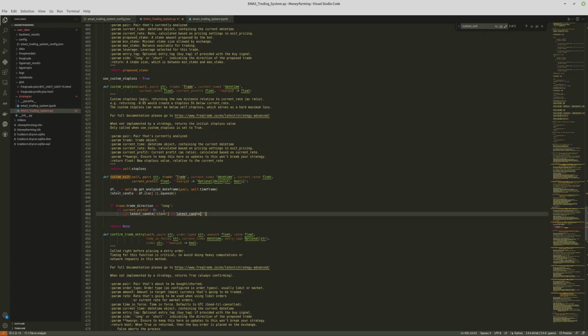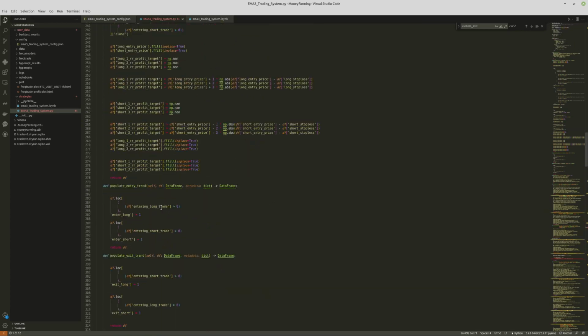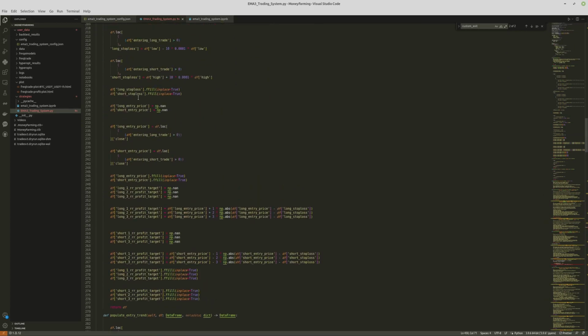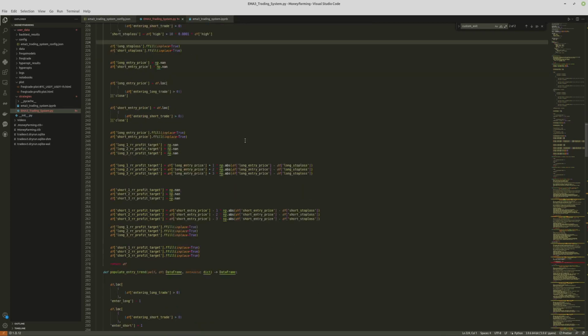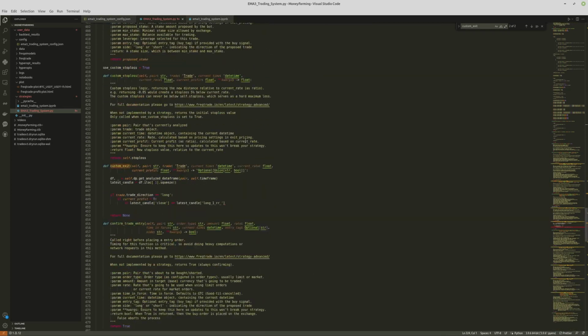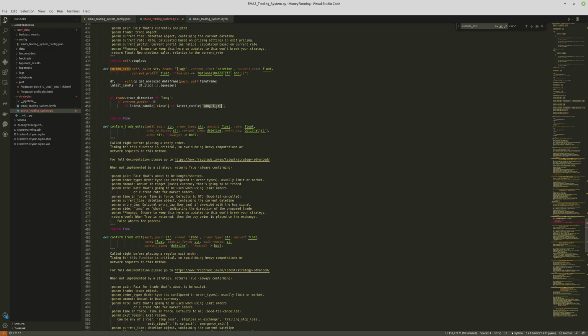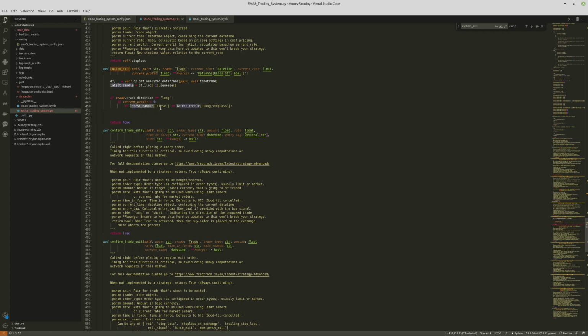And if it is less than or equal to our 1R long stop loss, so we are going to use long stop loss. What it does is, if the latest candle close is less than or equal to long stop loss,